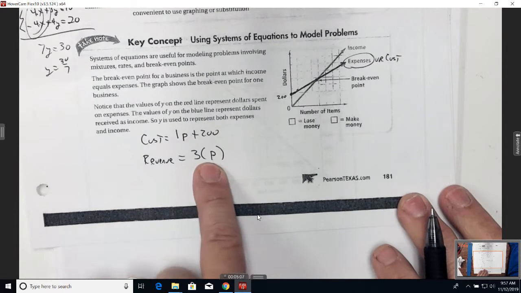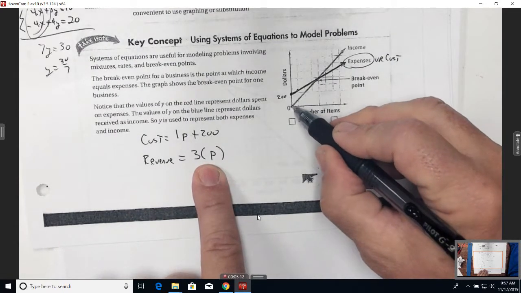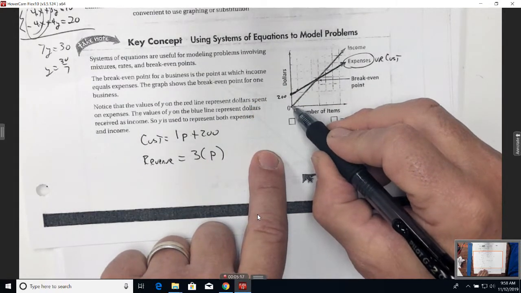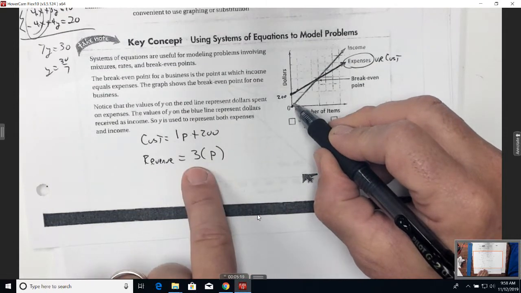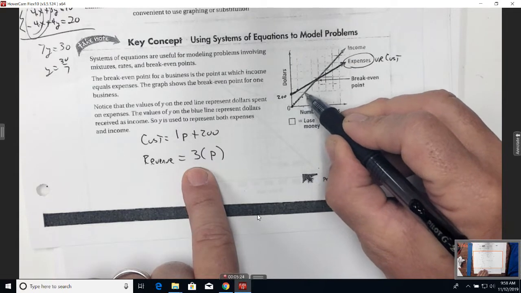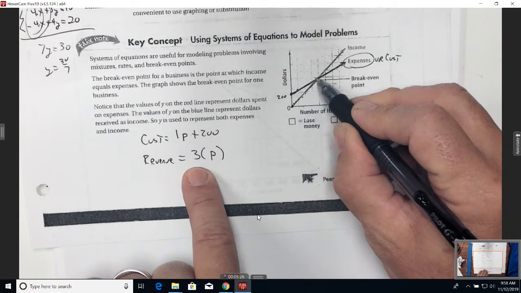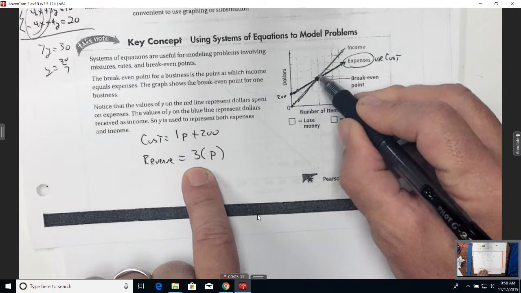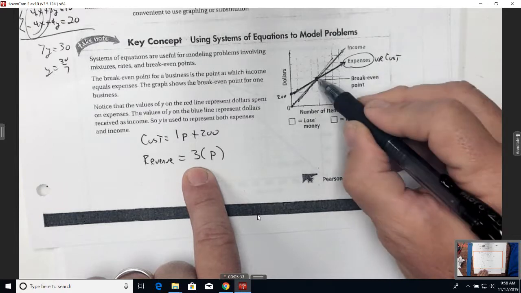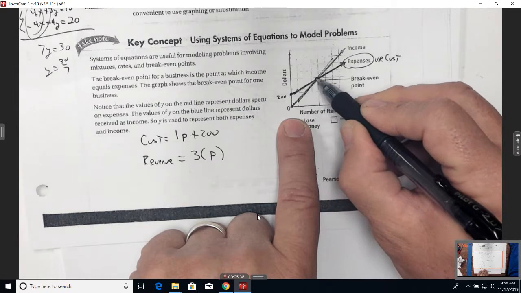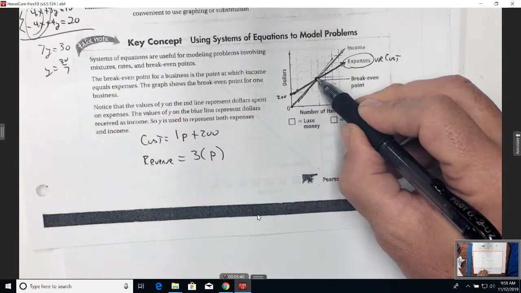So 3 times 1, I make $3. Have I started making money if I sell 0 pens? No, I've got nothing. I'm in debt. I'm in a hole. I'm below the cost. Then if I sell 1 pen, that's $3. 2 pens would be 6, 9, 12, 15, up until I get to this point right here, where the costs and this revenue cross. Before that point, I'm losing money, and at that point, I owe no money but